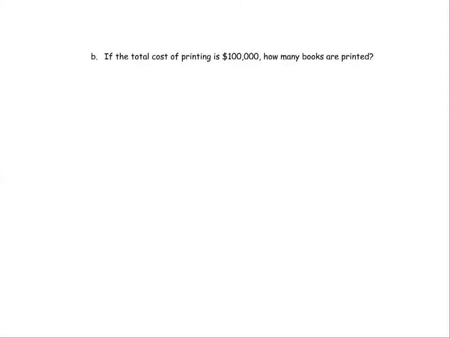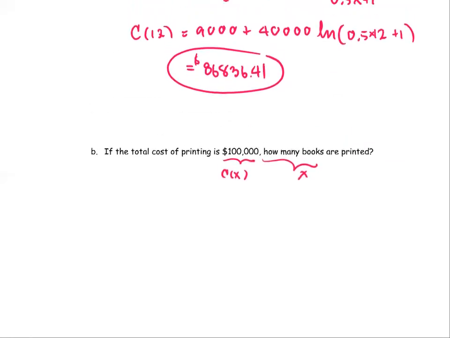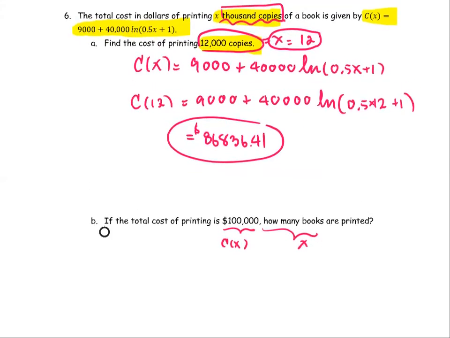In part B, if the total cost of printing is $100,000, how many books are printed? So we are going to find the x where C(x) is $100,000. From the formula that is given to us, C(x) equals